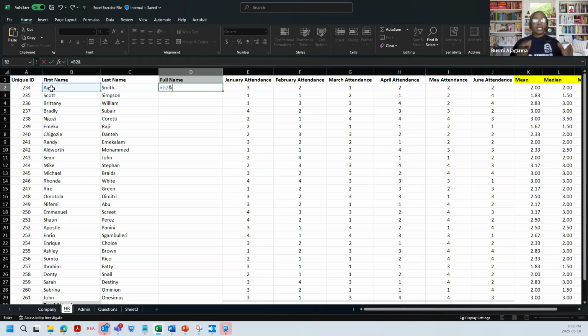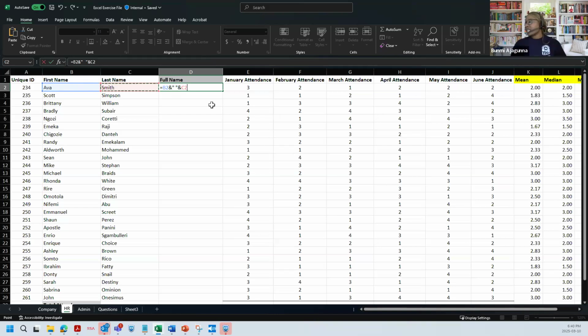So you click the Ava, then you and. Remember the space, because if you just do Ava and Smith, it will give you the same Ava Smith without the space that we had initially. So you do Ava and you put the space within the quotation, then you press and again, and then you pick your C2. So what you have done here, and I'll leave the formula up for you all, is Ava and space and C2.